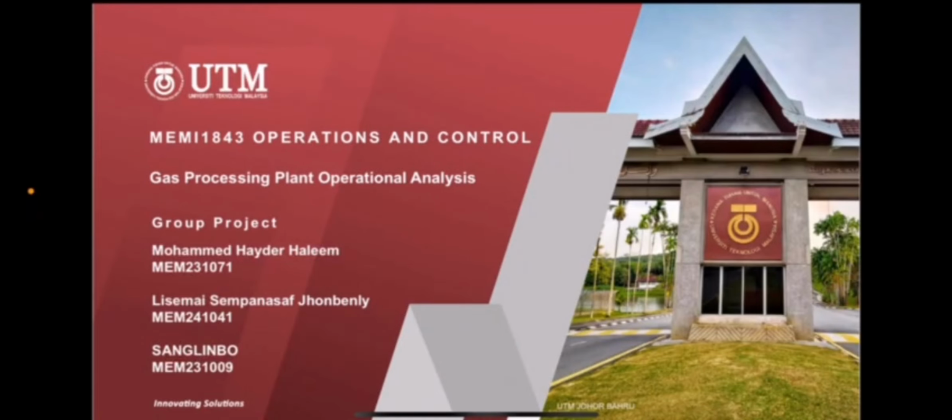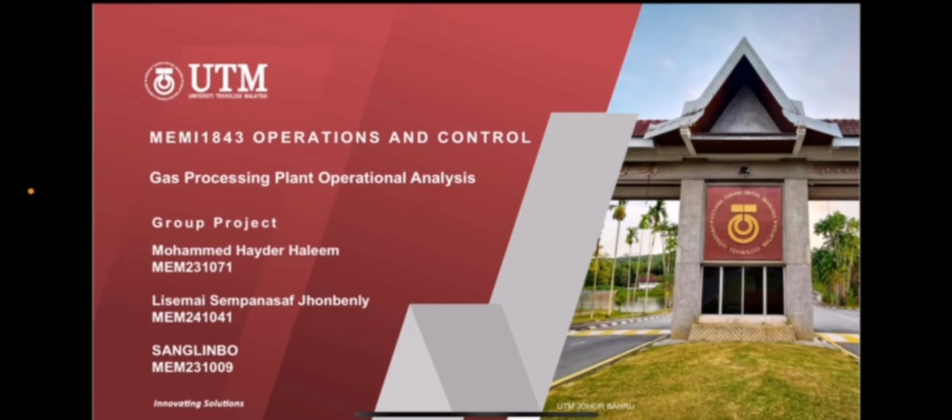Good day, everyone. Our project is titled Gas Processing Plant Operational Analysis, conducted under the course Operations and Control. This study examined the operational performance and planning issues of a gas processing plant located in Malaysia. The purpose of this presentation is to analyze how operations management tools can be applied to improve efficiency, cost control,